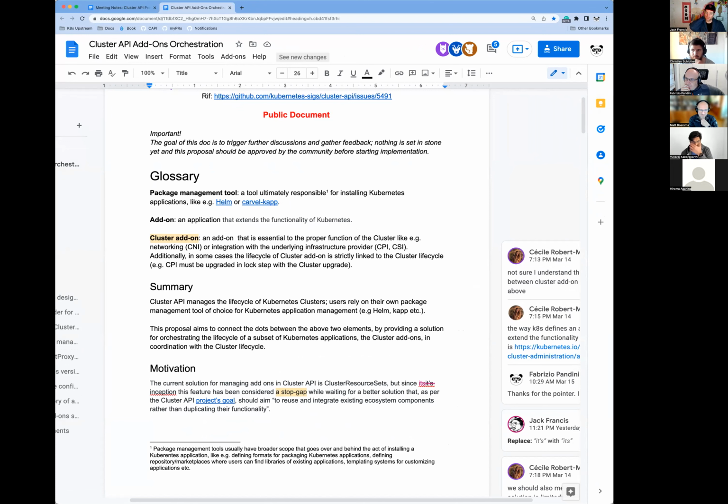If anyone is interested in this proposal, please, in addition to Fabrizio, feel free to hit myself, Jack Francis, or Jonathan Tong up on Slack. Comment on the proposal. I think there are eyeballs on it right now, so we'll see those comments fairly actively. I think that's it. I put an agenda item for this, so when it comes to that, please feel free to skip over this.